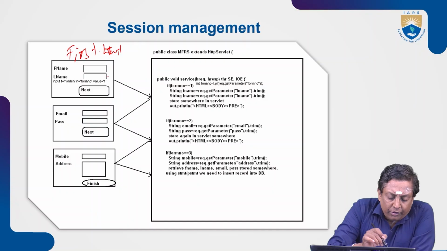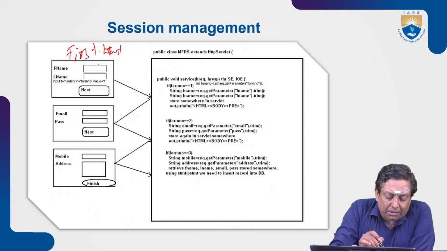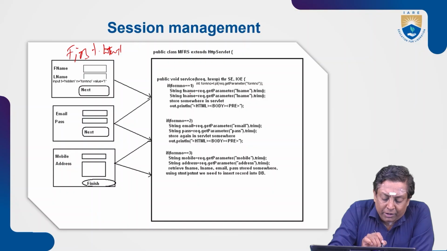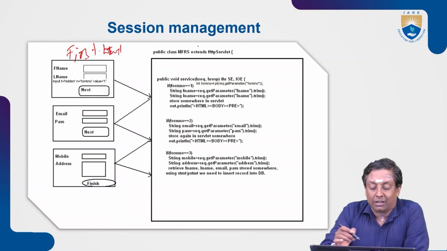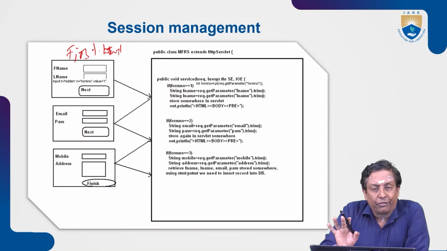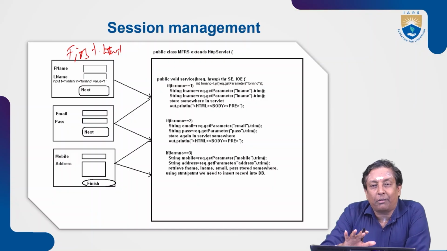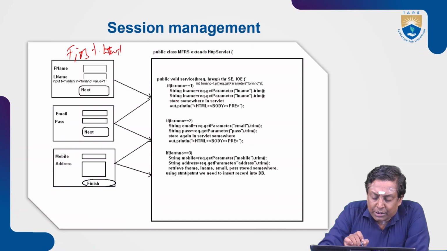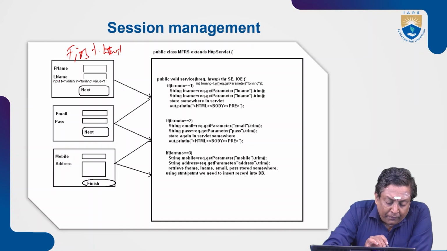Why? Because in this application, we are submitting first name and last name and clicking on the next button. What happens? The request comes to MFRS. MFRS means multi-form registration servlet, an extension of HTTP Servlet. Multi-form registration servlet means it will accept and process multiple form requests. So here in the service method, what we are doing, you observe in the HTML form,